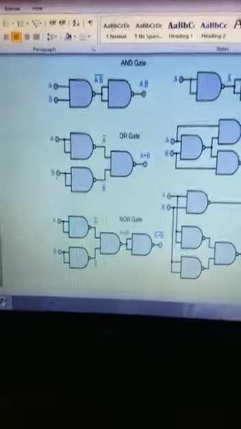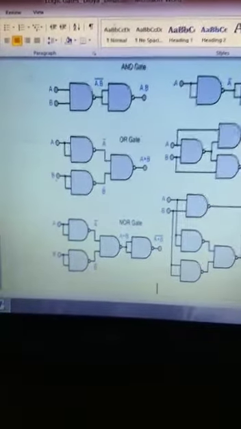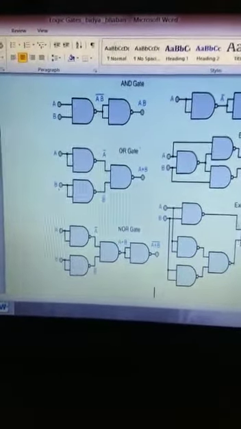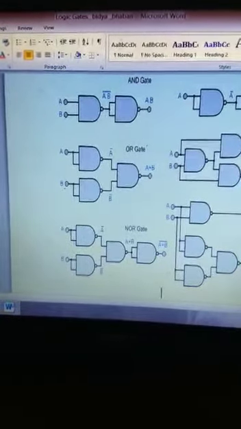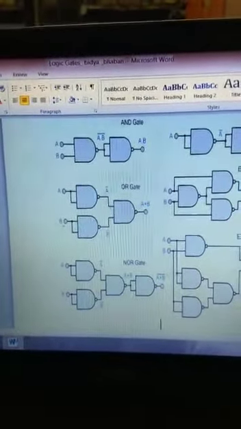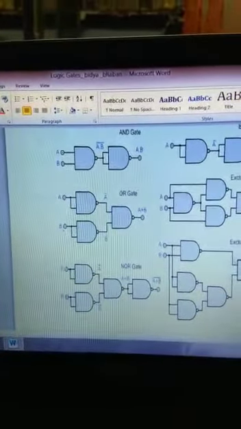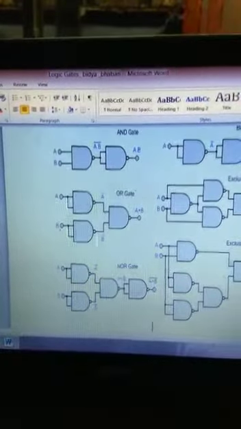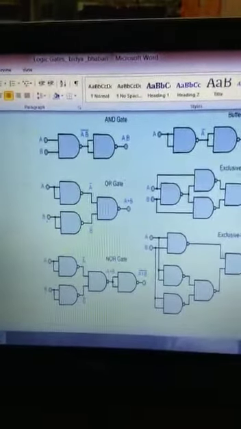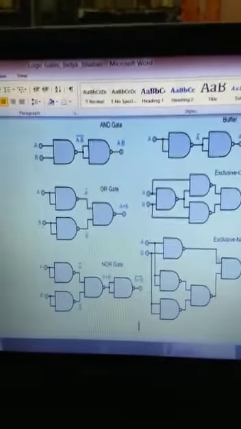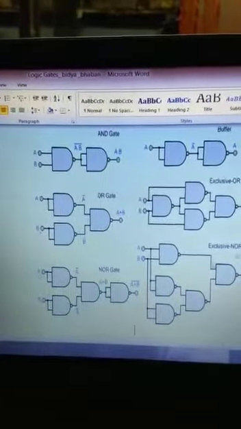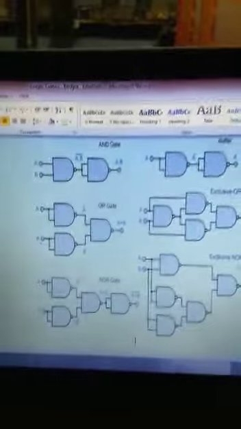Next is how to represent the NOR gate. Again we are splitting the A input into two parts, and the B input into two parts. So we are getting A bar and B bar, which when passed through the NAND gate give A plus B. But the NOR expression is A plus B whole bar. So that's why this A plus B output we again split and pass through a NAND gate, to get the complement of the output. So it will give you the result (A plus B) bar. Okay.